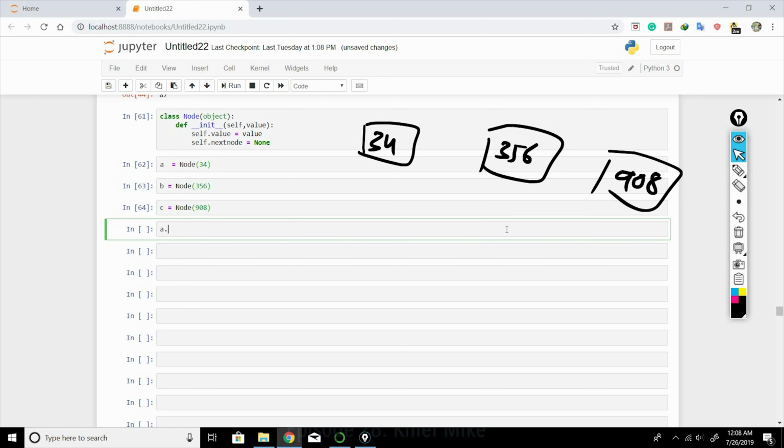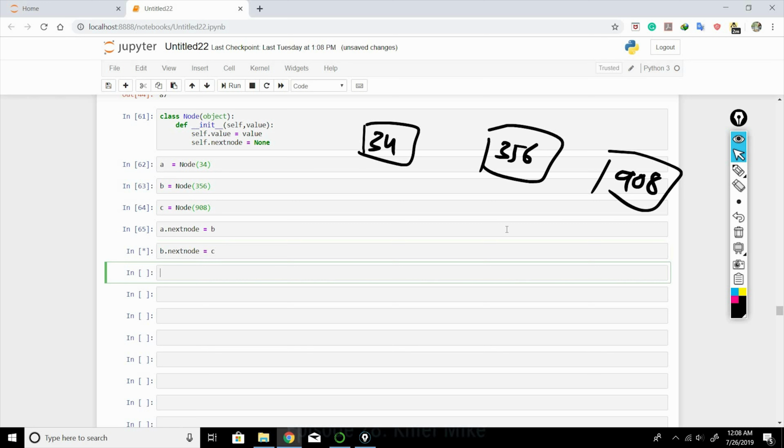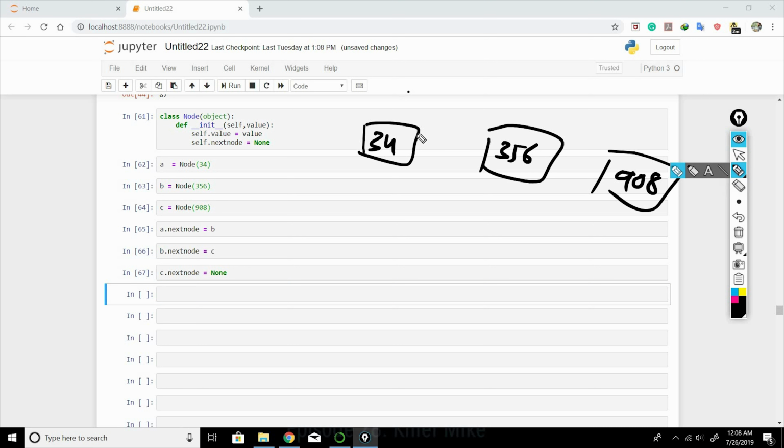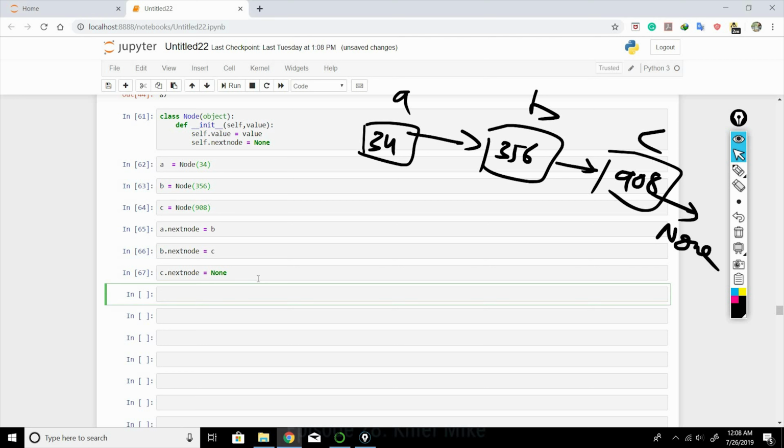So A.next_node equals B. B.next_node will be equal to C. C.next_node will be equal to None, because it's the last node. So that's how it works: A.next_node is B, B.next_node is C, and C.next_node points to None, right? So if I print A,